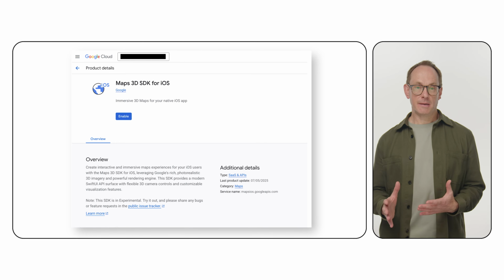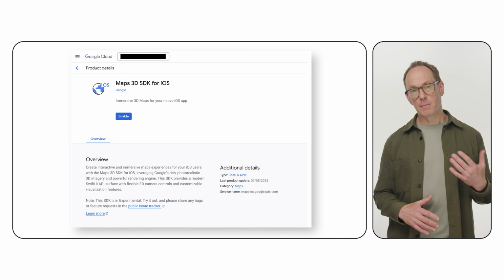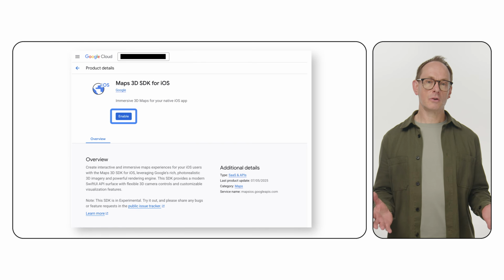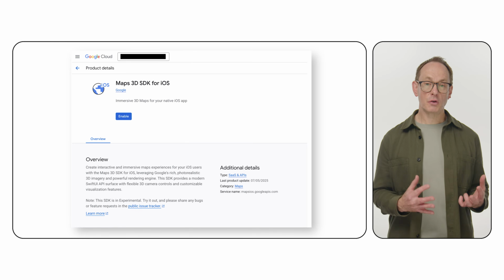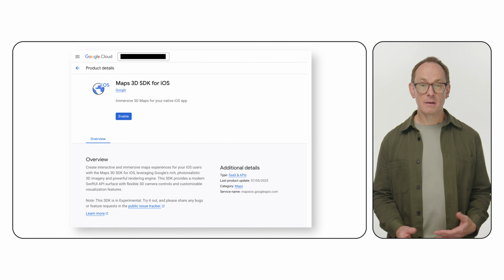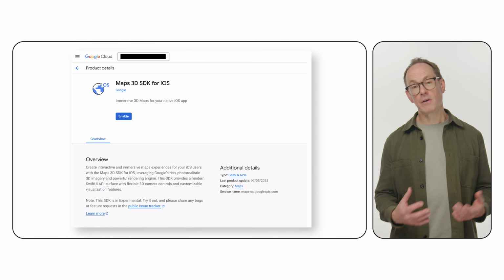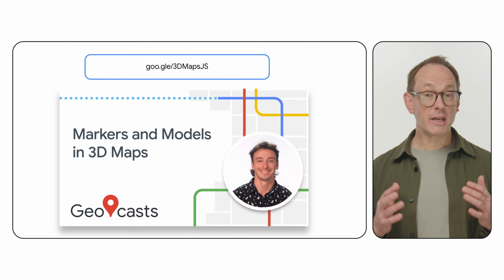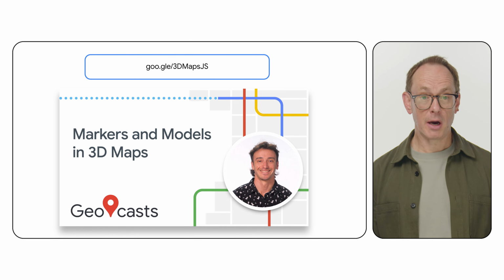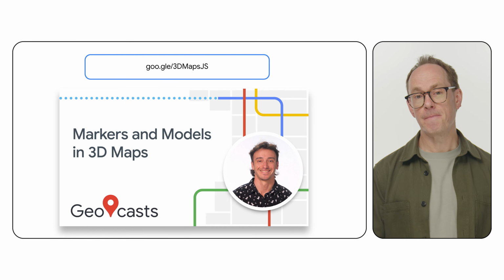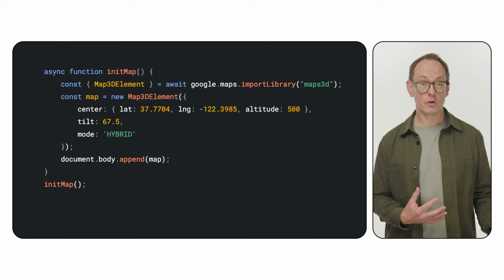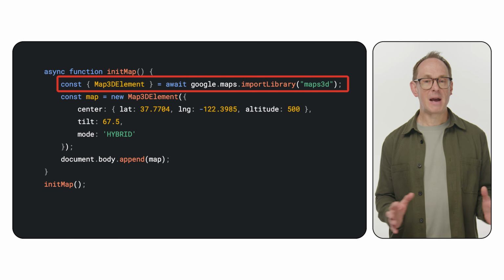Getting started is easy. First of all, you will need an API key, and you will need to enable the APIs in the Google console. That's the Maps JavaScript API and the Maps 3D SDK for iOS and the Maps 3D SDK for Android. You can find a lot more detail on building 3D maps in the Maps JavaScript API in our previous Geocast here. But to quickly recap, to create a map with the Maps JavaScript API, just import the Maps 3D library